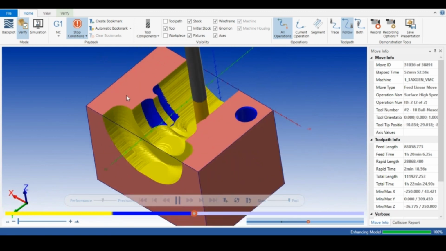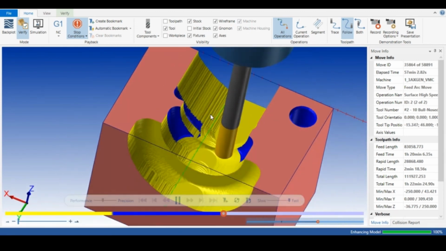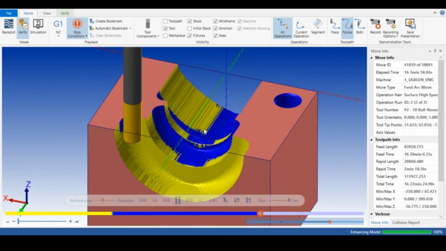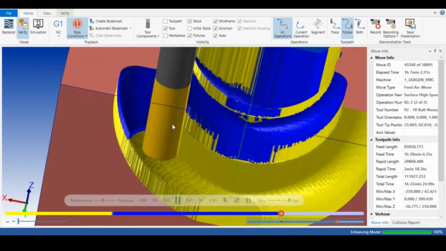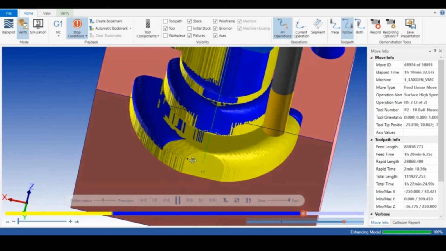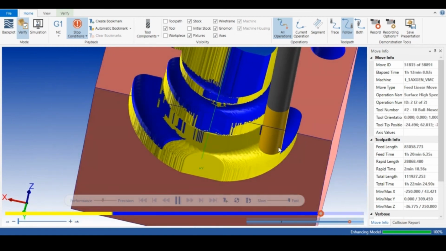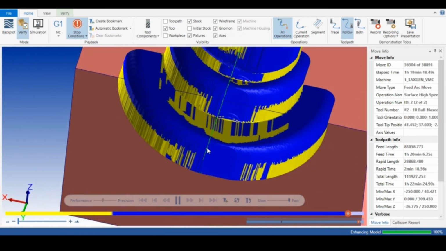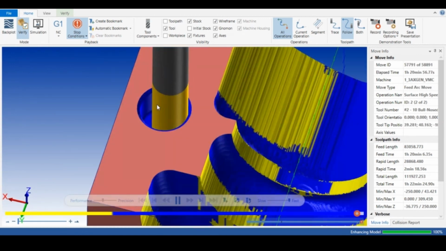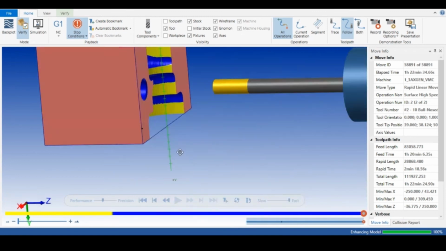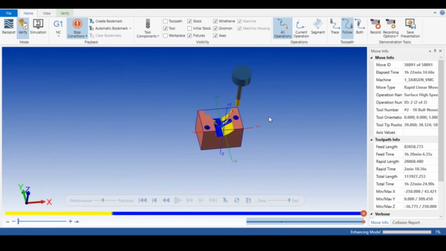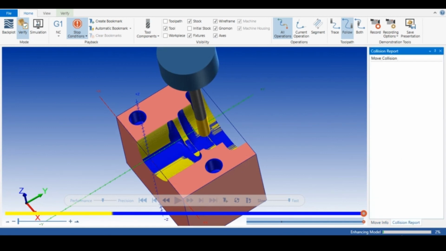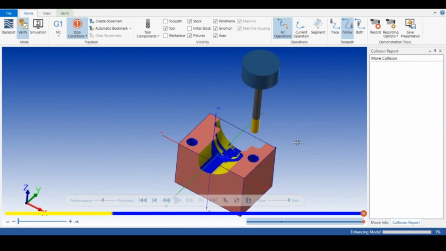Now you can see, as I lifted the tool in the linking parameter, it is not showing any collision here, and the rest material is being removed by the diameter 10 mm tool. Both the holes are also being machined. The simulation is done, and there is no collision now. You can see in the collision report here, on the right hand side of the pane.